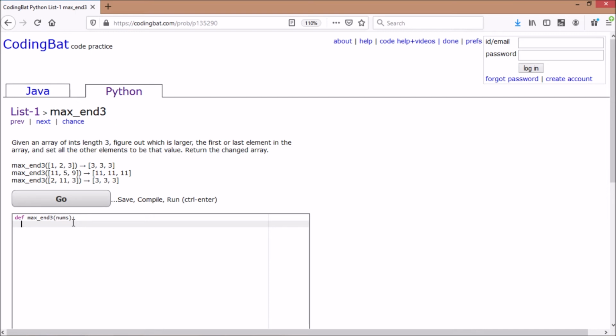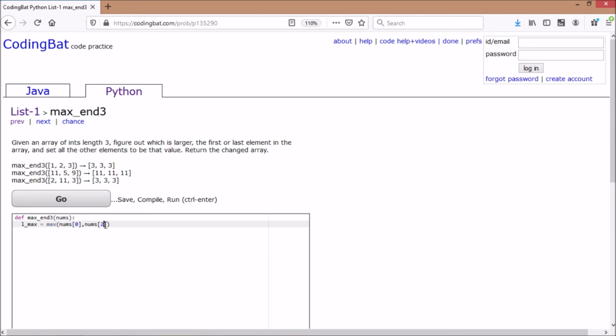So let's find out. Let's assign L underscore max, that will be the max of last and first. We will use the inbuilt function max between nums[0], comma, nums[2], because we can use 2 as they have mentioned the array can only have length 3.